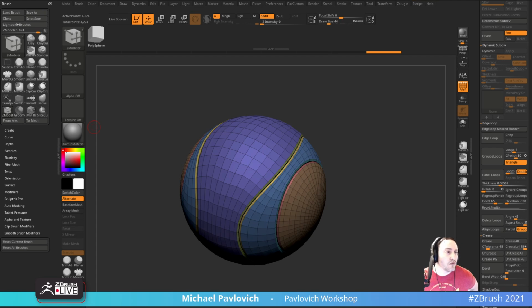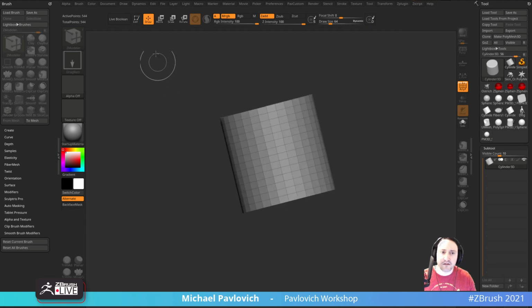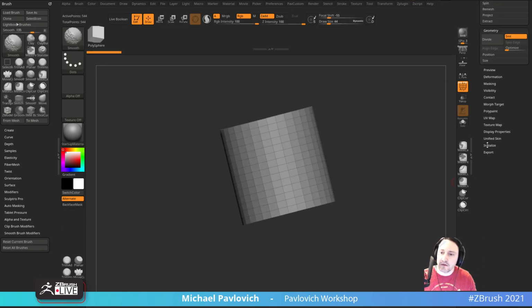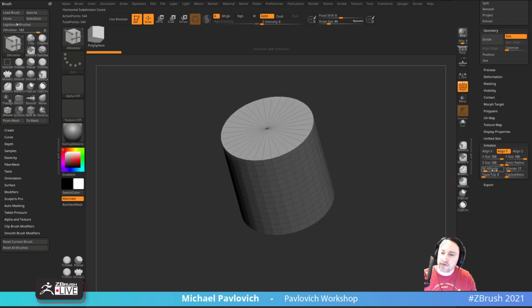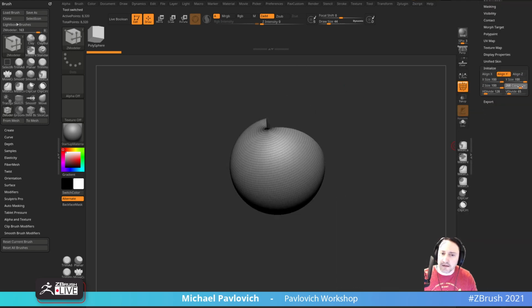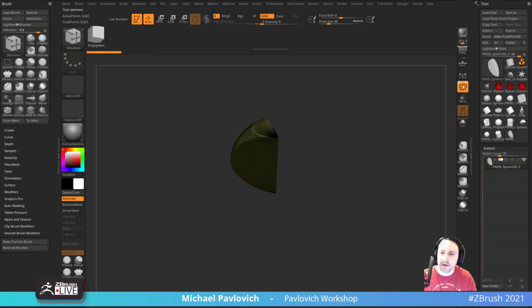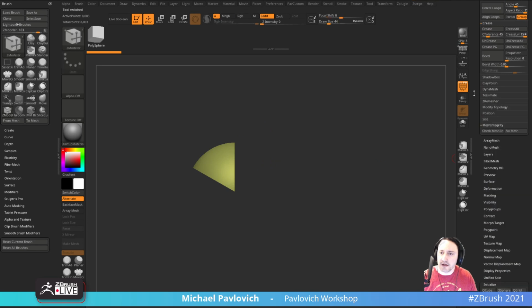I have a mesh that I'm trying to rotate and duplicate in precise angles. 4 copies that rotate by 72 degrees. ZRemesh is the way to go, but can't get it to work. Oh man, all these things I never do. Let's start with a cylinder. And let's go in here to initialize, and let's say, is there a coverage on this thing? Tabletop sub ratio, inner radius. I thought there'd be a coverage. Maybe that's just Z-sphere. Yeah, okay. So we'll go ahead and say, okay, let's make Polymesh 3D out of this thing here, and we'll turn off line. So we have this here, and then underneath ZRemesh,